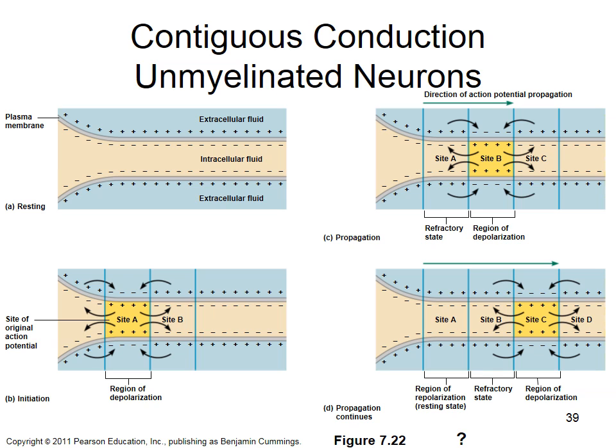All right. So the video did a really nice job talking about contiguous versus saltatory. And let's look at contiguous first. So talked about the fact that you get unidirectional flow due to the absolute refractory period. So here we have the axon hillock, right? This is part of the soma up here. And this neuron is not at threshold, okay? It's at rest. So this is panel A.